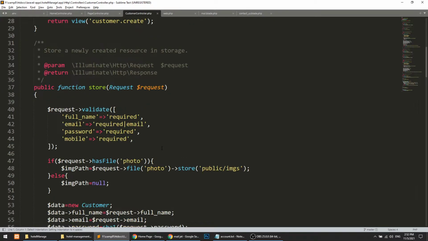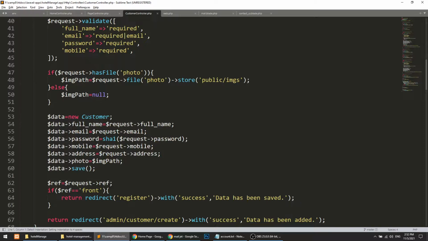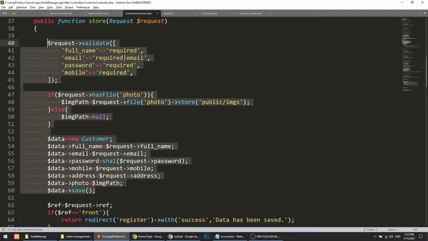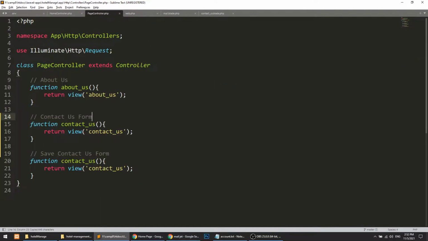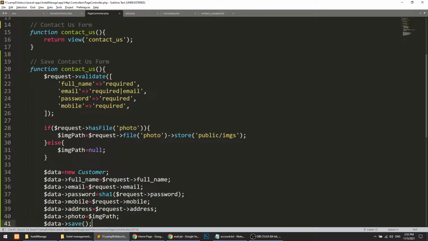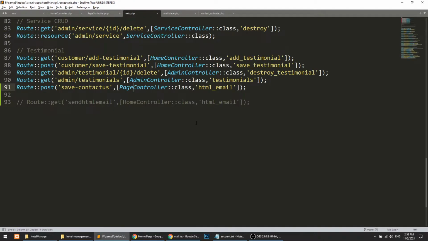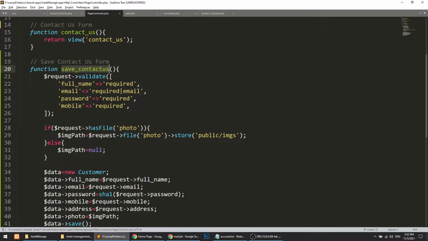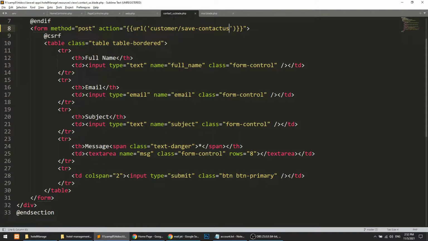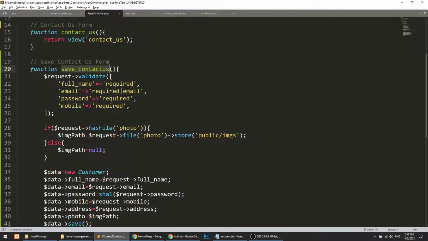So we will just copy any of them, like this customer one, and paste it here, and this should be save contact us. We will refer to this in our route. The fields we have are full name, email, subject, and message, and every field is required.